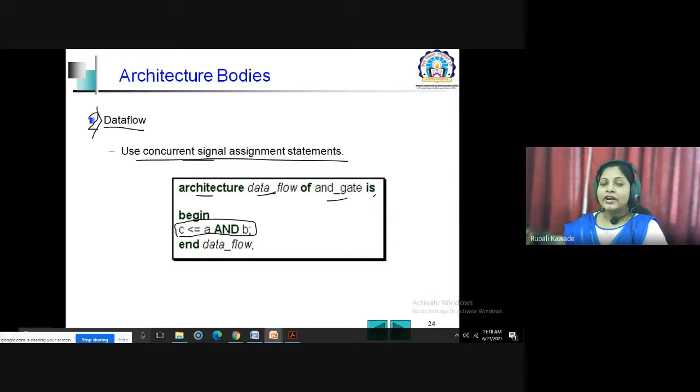Output is C, and how is C represented in terms of the Boolean expression? Simply A and B, where AND is the logical operator, which performs the ANDing of the A and B values. So in data flow, we just include the Boolean expressions in our architecture, and all are concurrent signal assignment statements. So this is one of the modeling styles, the data flow.